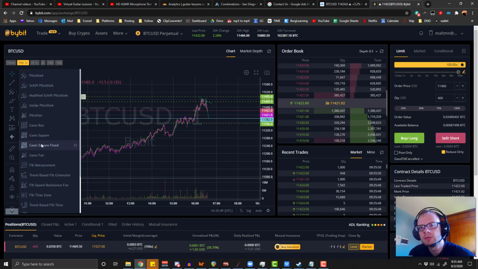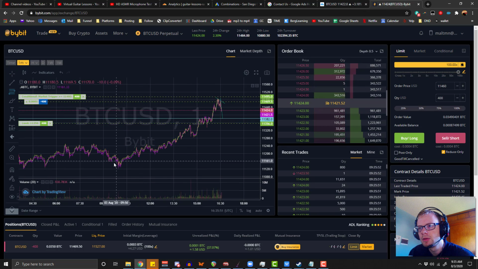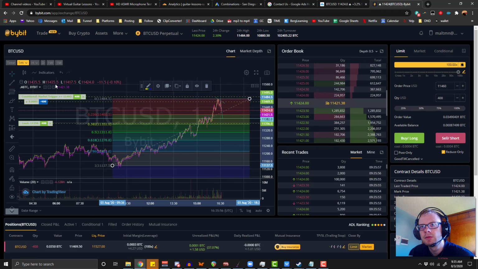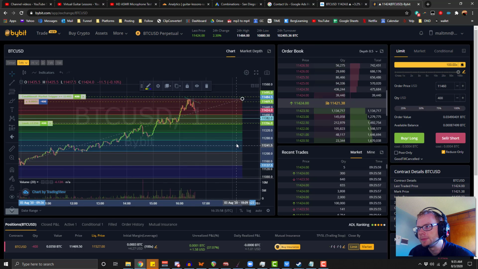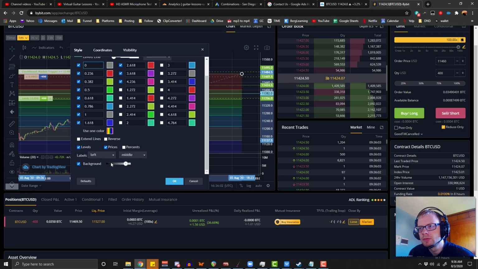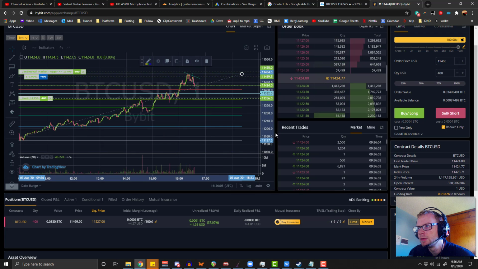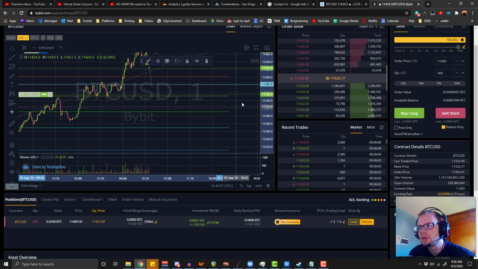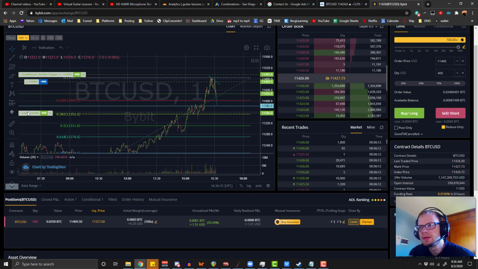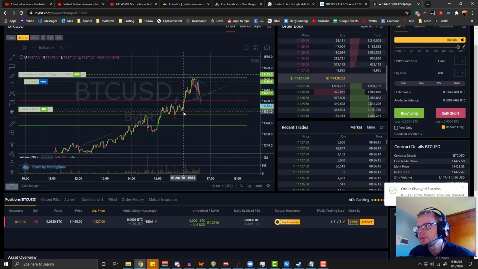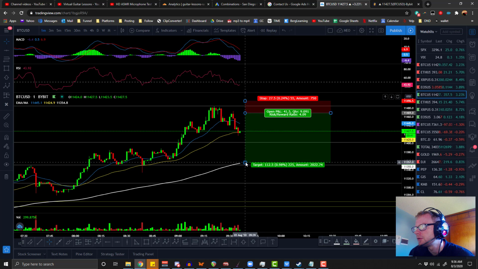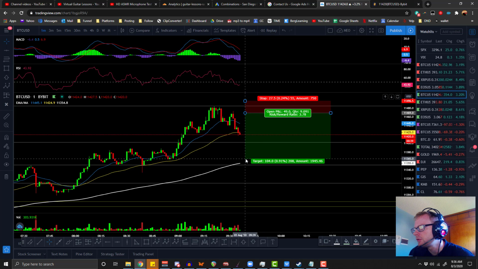Where's the Fibonacci level? Basically start from here and go to there. Let's get rid of this crap. So no background here. Generally what tends to happen is it comes back to the 382 level, but I also generally don't see what's 370. If I move that up a little bit to 370, is that going to be okay? Yeah, it's still